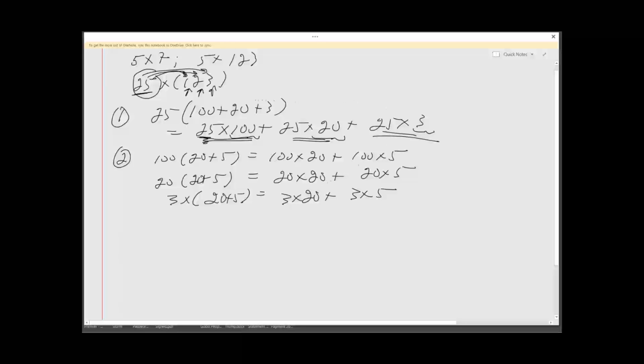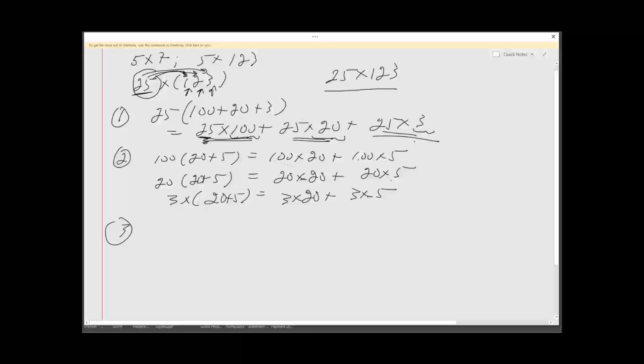We started with one large problem, 25 times 123. We broke that up into 3 smaller multiplications, and then we broke up each one of these into 2. So now, instead of the one large multiplication, we now have 1, 2, 3, 4, 5, 6 multiplications. Don't despair. It's simpler than you think. You just have to think about this for a bit, try a couple of simpler problems, because here is the